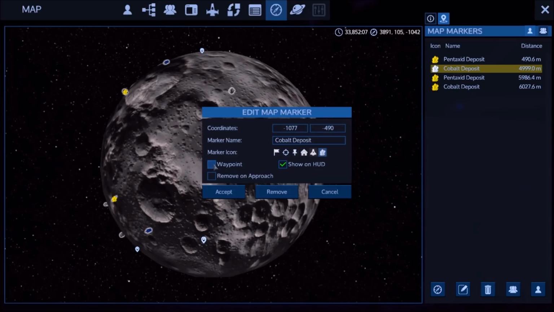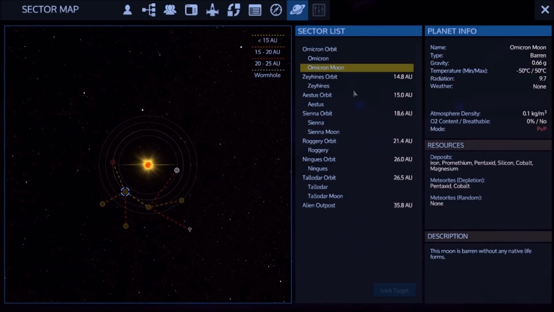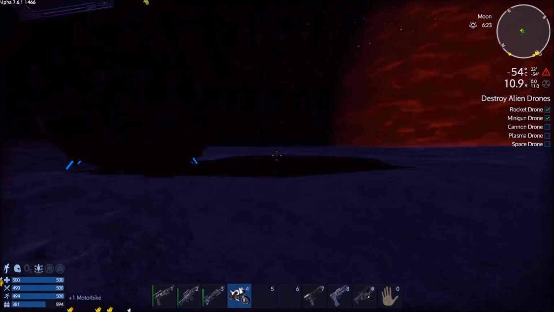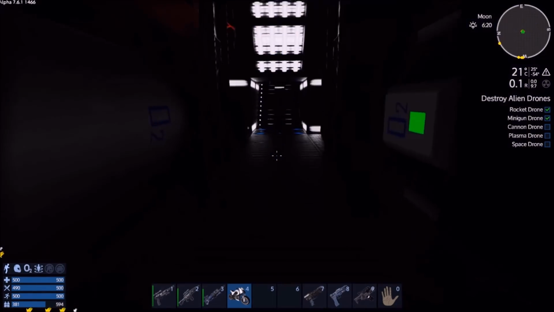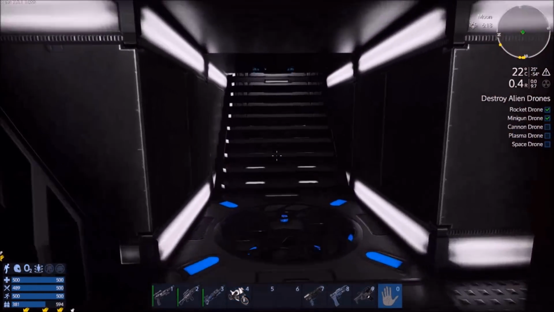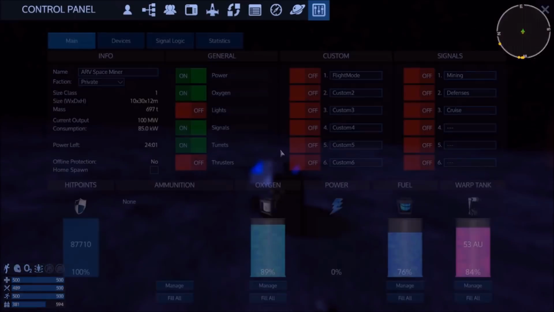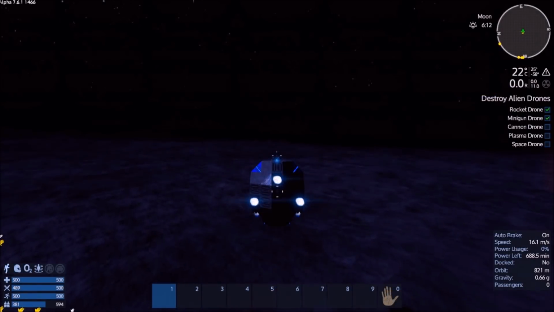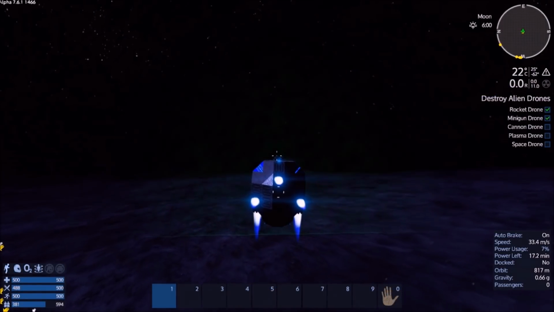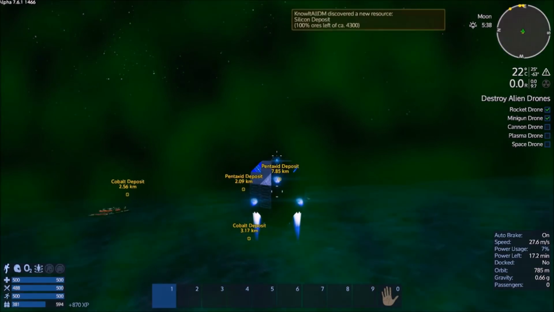Edit, waypoint, accept. Okay. Sector map, Omicron moon, meteorites, depletion, pentaxid. So once we clear out the pentaxid deposits, we should actually start getting pentaxid asteroids. So let's activate flight mode now. And let's head this way through the green wall, and then we should be able to see...